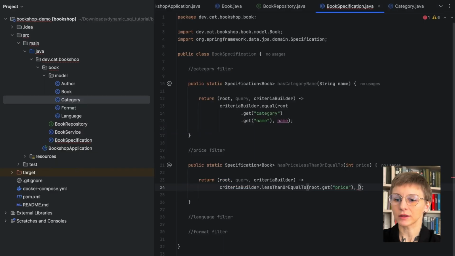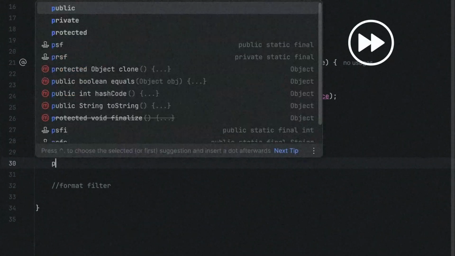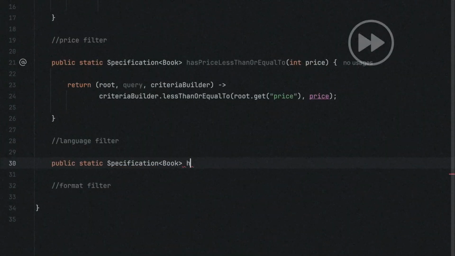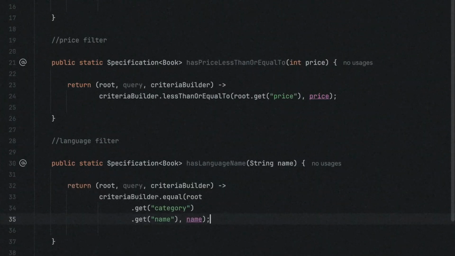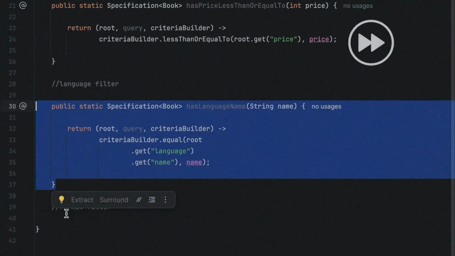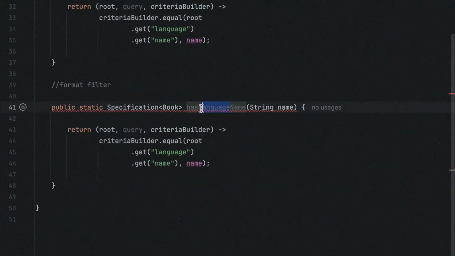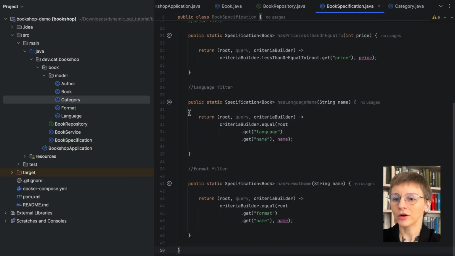Right, so this method is ready, and 2 more to go. Alright, our filters are ready.